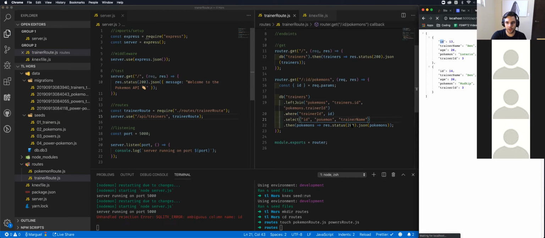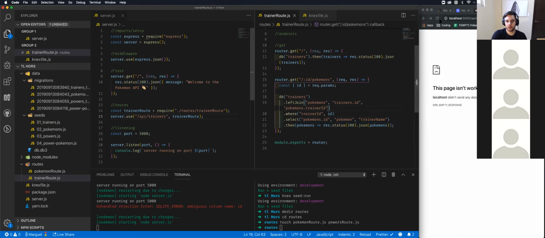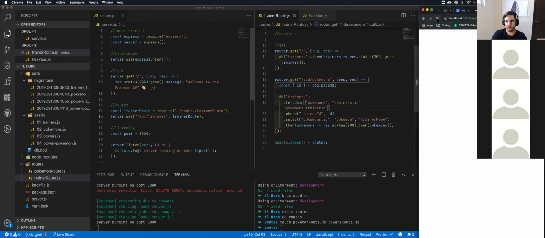Okay. Ambiguous. Okay, so right here I have to specify Pokemons.id. All right. So now this is something I would use, because since I'm just asking for that Pokemon's trainer, now we can know which Pokemon is whose. So we can actually create another one, and if we have time, I'll think about it,